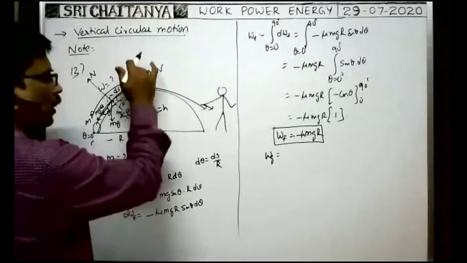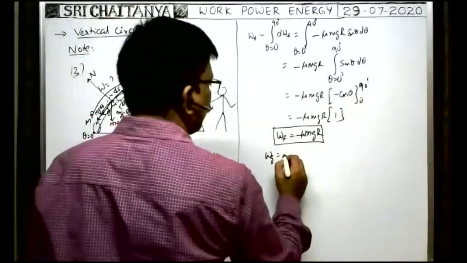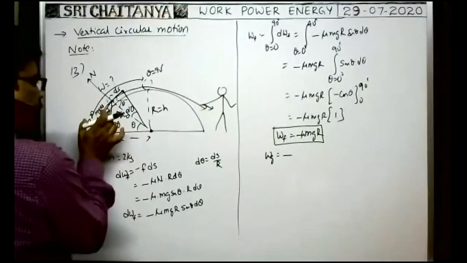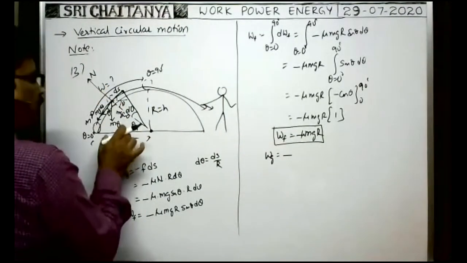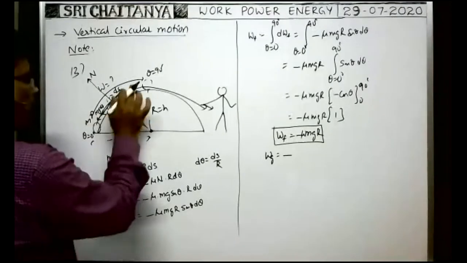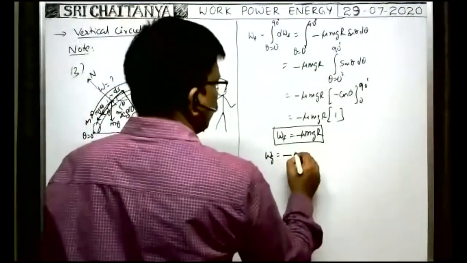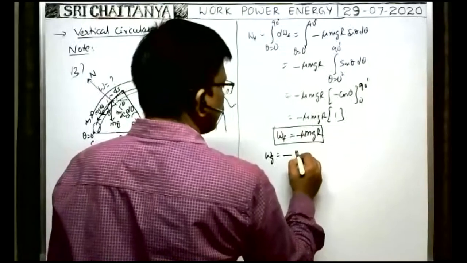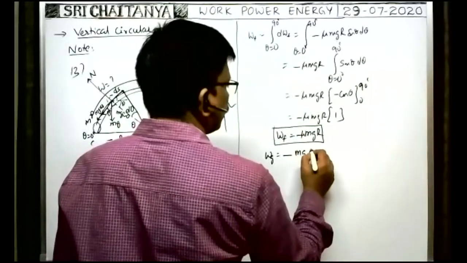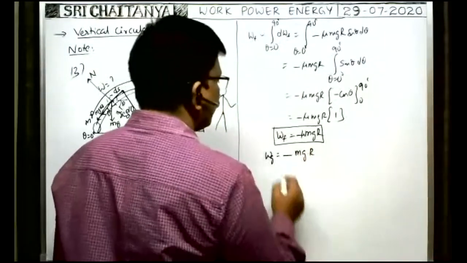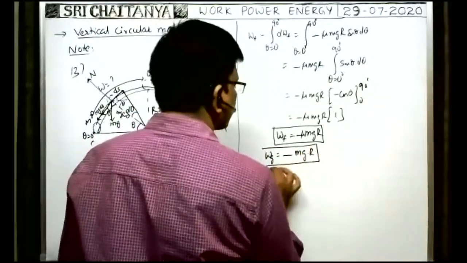So that is equal to r. So against the gravity, the body travels. That's why work done by gravity is negative. The gravitational force acting on the body is mg downwards. Displacement of the body when it travels from this point to this point in the upward direction is equal to r. Work done is equal to Fs cos theta. That means F is mg, into displacement r, into cos 180, which is minus 1. So you will get minus. It is the work done by gravity.